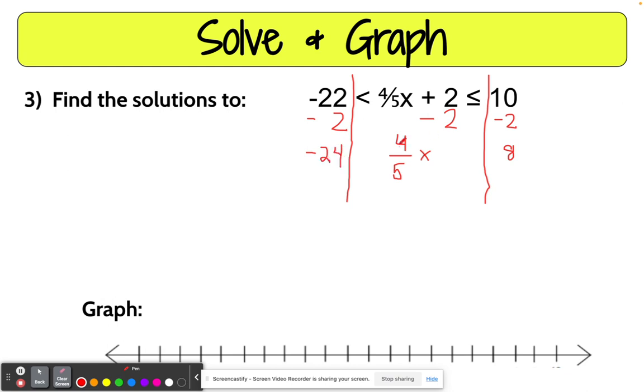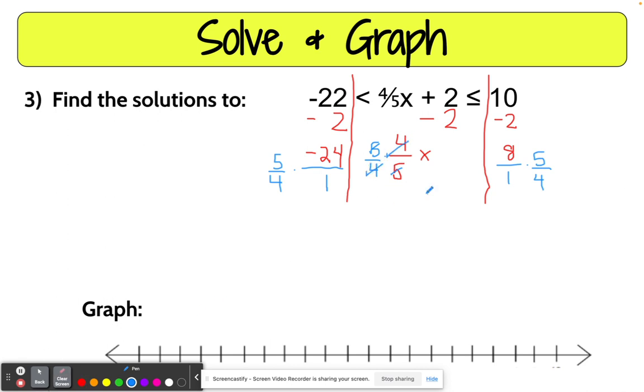Well, now I need to get rid of this 4/5. How do I do that? Well, let's multiply by the reciprocal, 5/4. If I multiply the middle by 5/4, I have to also multiply the left side by 5/4 and the right side. Don't forget to simplify before you multiply. This cancels out. So I'm left with just